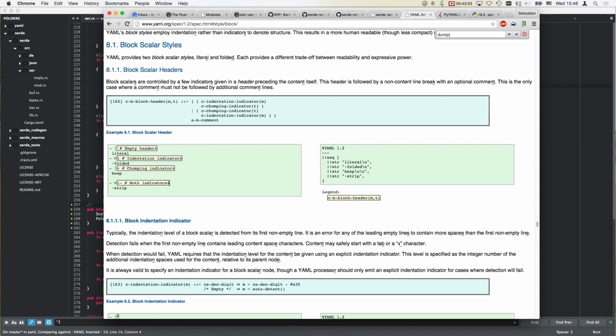Jesus Christ. Both indicators. I think that's also a way to have line breaks here. Okay. Block, that's a block header. Block scalar header. So we have literal, folded,